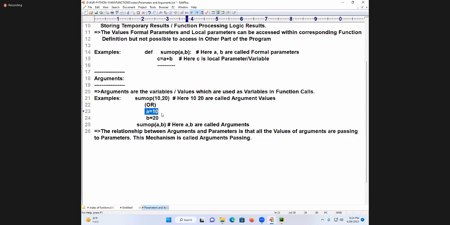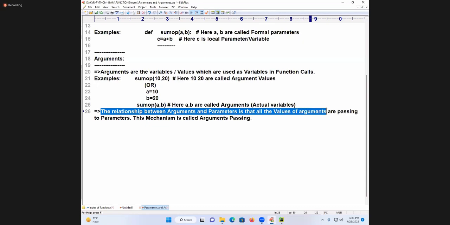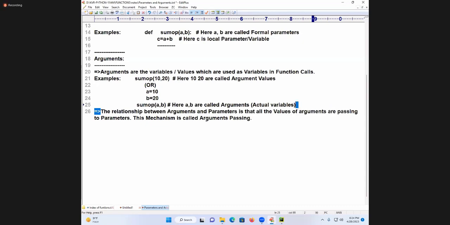Or A equals 10, B equals 20, sum of A, B. Here A, B are called what? Arguments. Arguments are also nothing but actual variables.